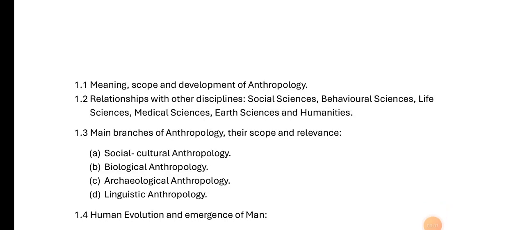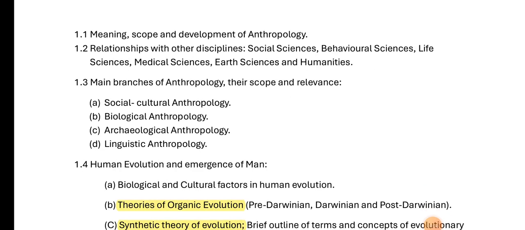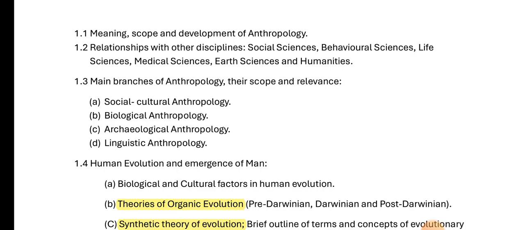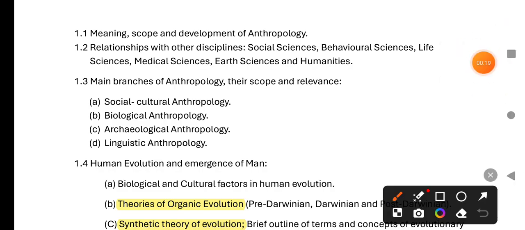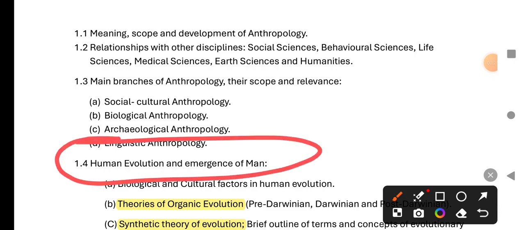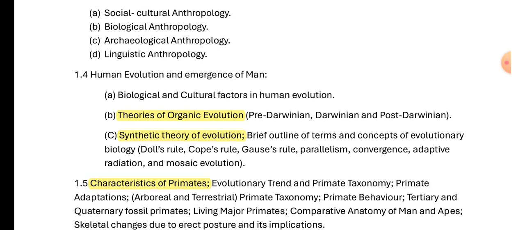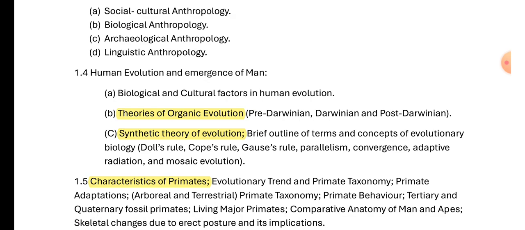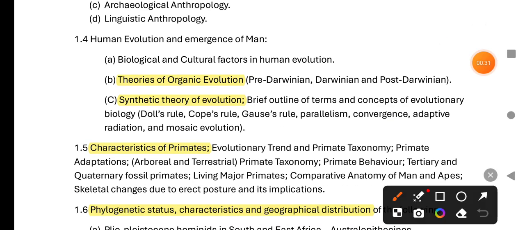We start the anthropology subjects today, and we will discuss the first biological parts of anthropology, and then we will move to the social and archaeological anthropology, and how we can study that. First we will discuss human evolution and the emergence of man. That means it is a biological part, and we will study the synthetic theory as well as the theory of organic